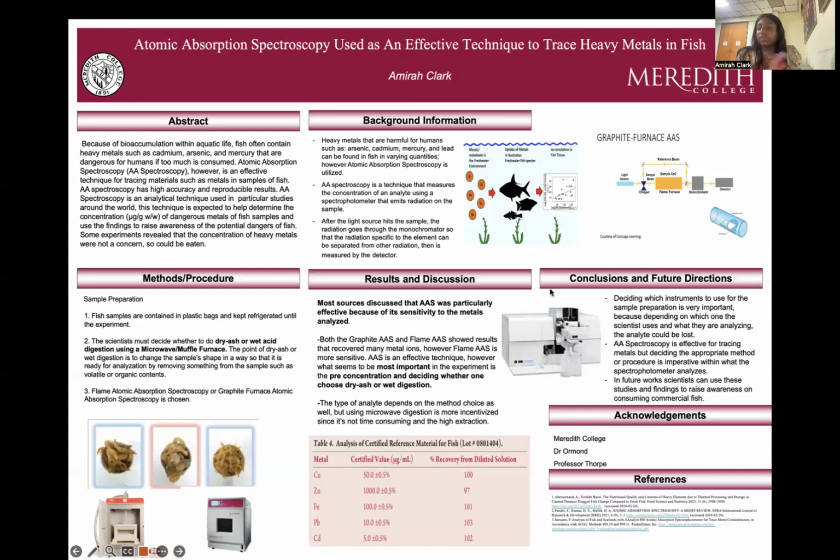So in conclusion, deciding which instruments to use for the sample preparation is very important because depending on which one and what metal they're analyzing, some analyte could be lost, and they could have a high recovery depending on which one, or low recovery. AAS is effective for tracing metals, but deciding the appropriate method or procedure is imperative. However, in future works, scientists can use these studies and findings to raise awareness on consuming commercial fish,